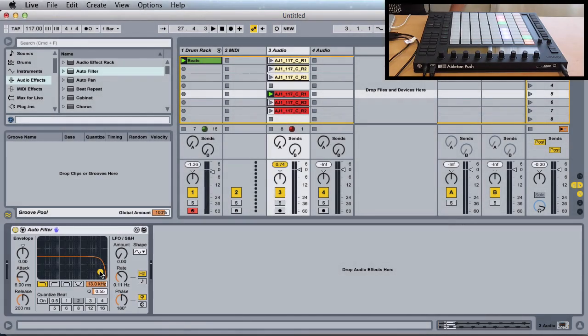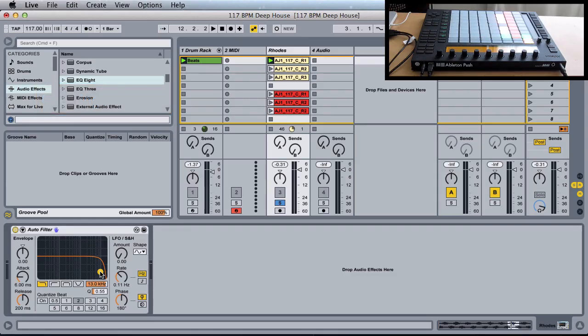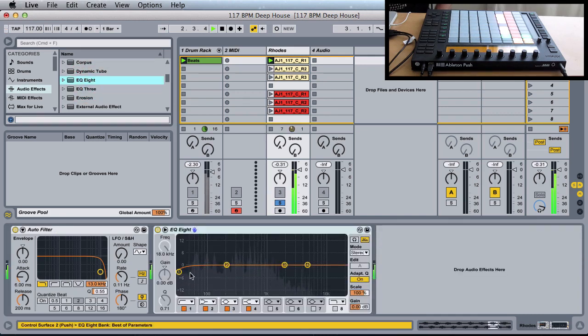Okay, so the beats are sounding good. It's time to start thinking about maybe a bass line. Now, if we're going to do a bass sound, there's something that we need to consider. There's actually a hefty amount of bass in the Rhodes sample. So if I bring on the EQ8, we can see that on the left-hand side. And this is activated now over here. So I could roll this up,